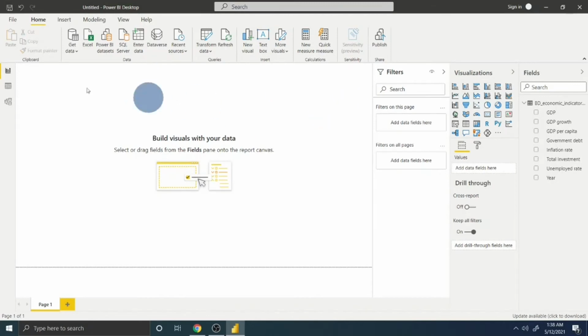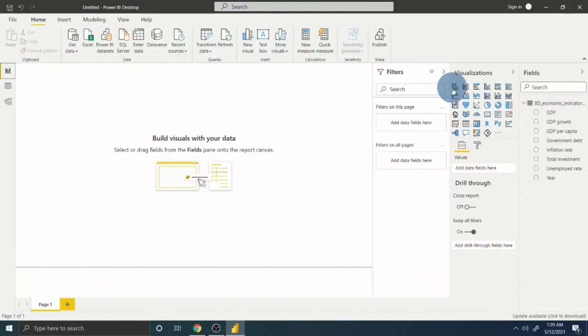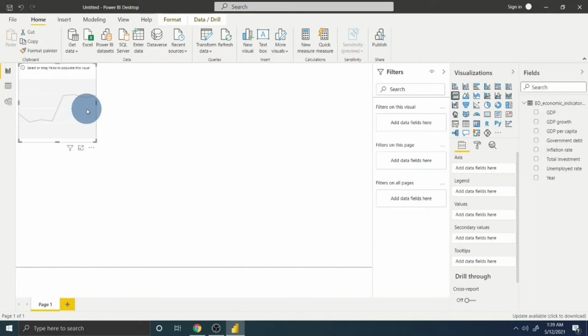So first, as we have the data and we have the cleaning data process, everything in our data, edit data query. Now this is our data and this is our report. So let's assume that we build our first report by using a line diagram. If we press the line diagram, for instance, in this case this is our line diagram.